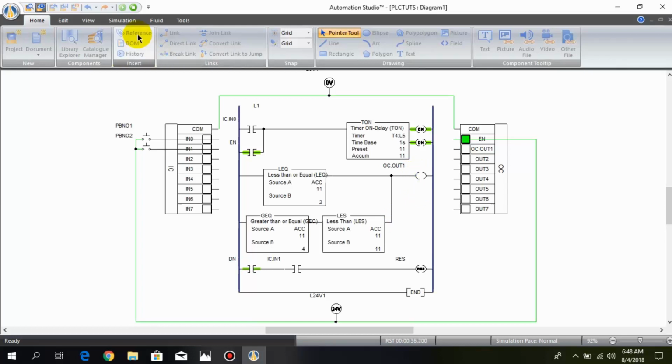So let's do it again, and I can also reset the timer. When I press the first push button, the output is on for 2 seconds, then off for 2 seconds, then on for 6 seconds, and then completely off. And this output is off, and now we have to reset the timer,